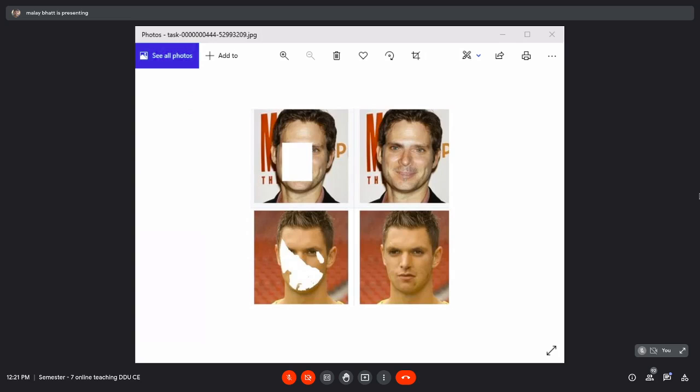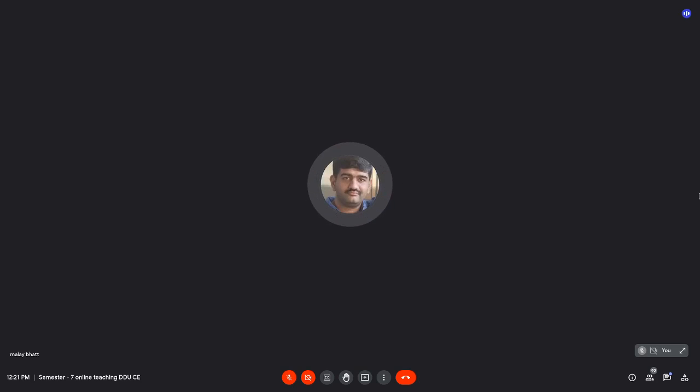So it is not necessary that you have only one image. You may have several images, and based on other images you can complete the information in the missing picture. So I hope you understood what image inpainting is. Let us again go back to our main screen. So this is all about image processing.